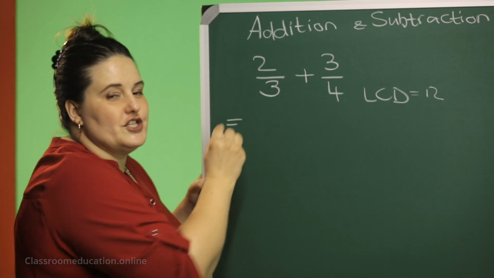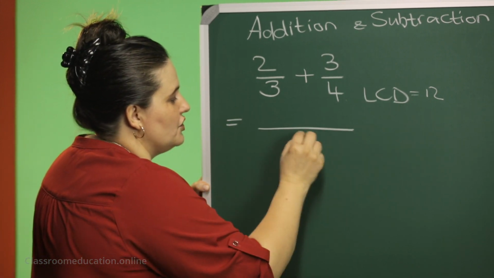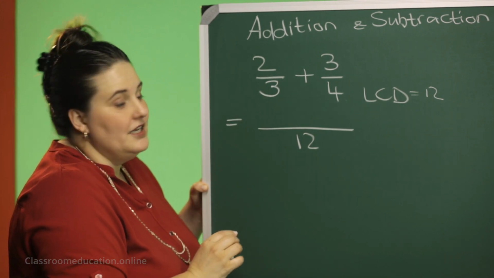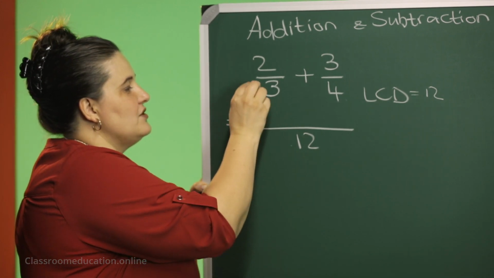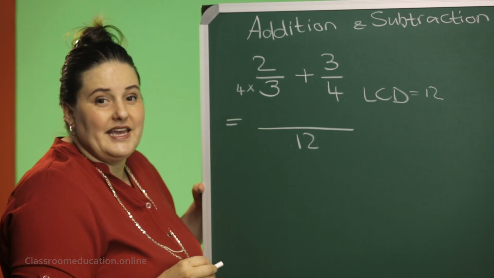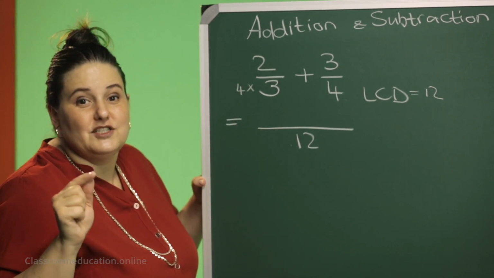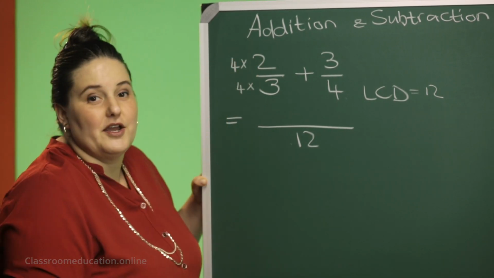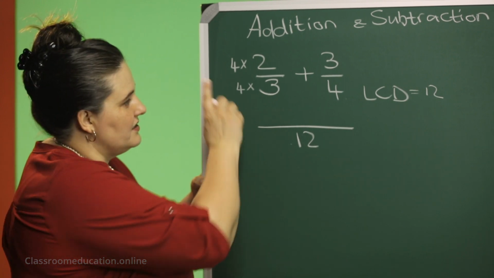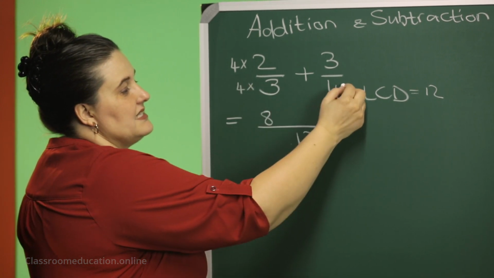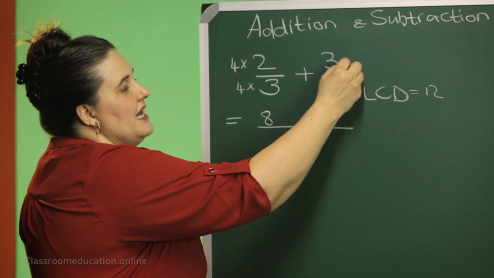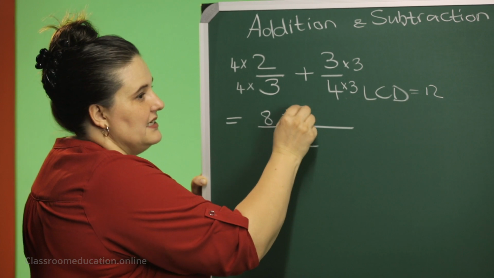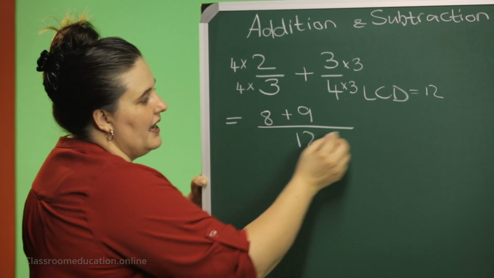So I'm going to change my denominator to 12. So I had thirds here in my denominator. To change it to 12, I need to multiply by 4. But I cannot just multiply there. It still needs to be equivalent fractions. So that's why I will also multiply my numerator with a 4. So this will be 8. Here in this case, I will multiply by 3 and my numerator as well. So I will have 8 plus 9. And 8 plus 9 will give me